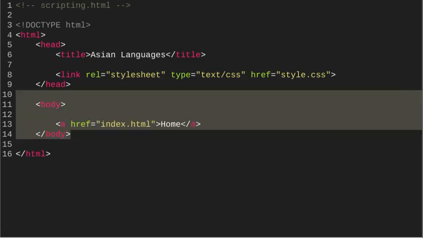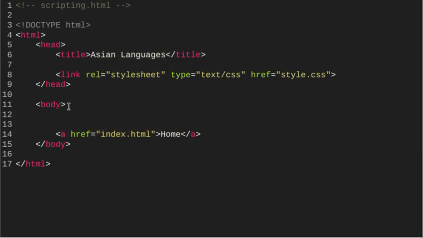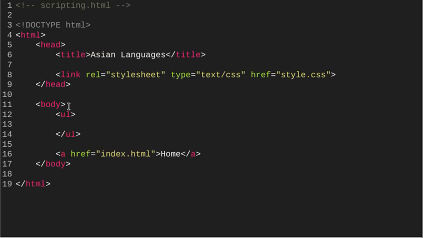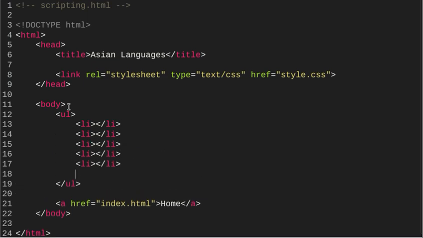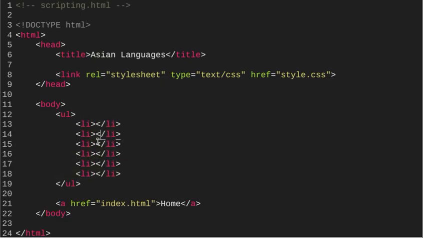The next one, and this should be the last one for us, is we need 6 different, in this case for me, Asian languages. But really all that means is in the body, what I'm going to do is give myself an unordered list, like we've done. And then I already have the list items, or the list tags, copied. So I can just paste these in here. Again, we need 6. If you don't have 6, it's not going to give you the credit. But pretty much anything you put in these list items will work, which is why, again, I'm using Asian languages like